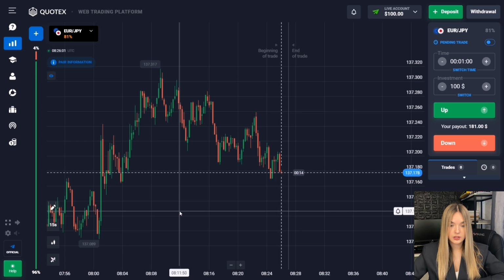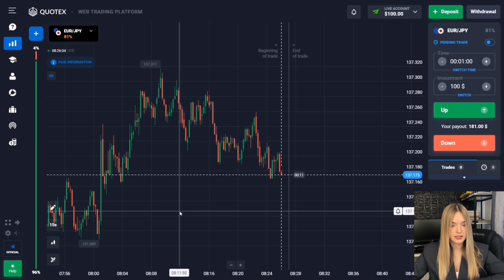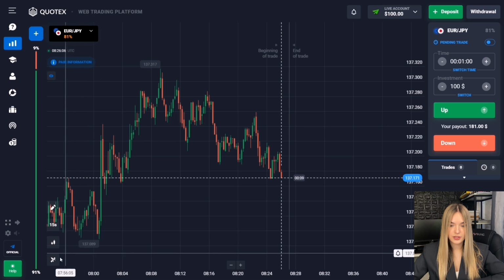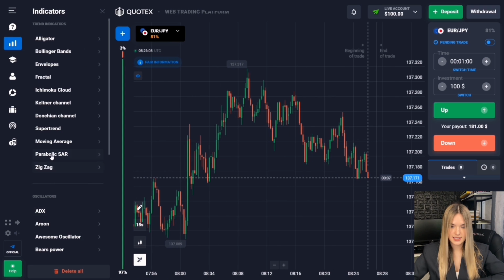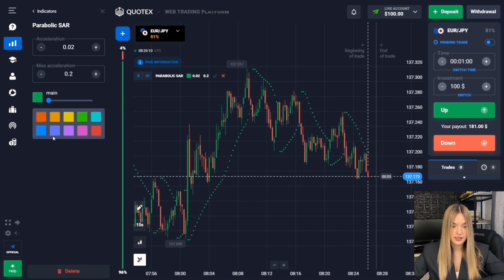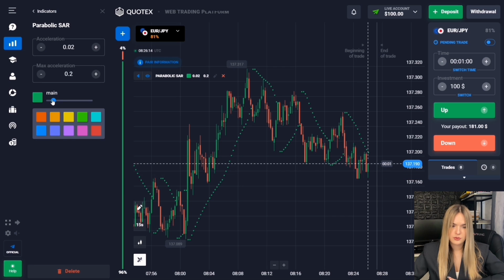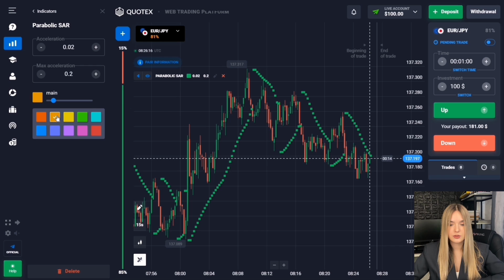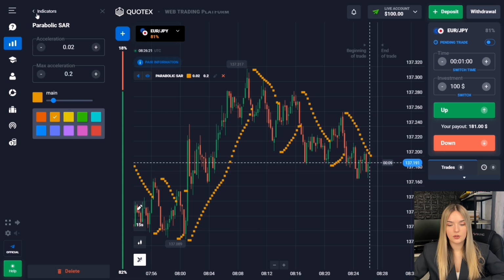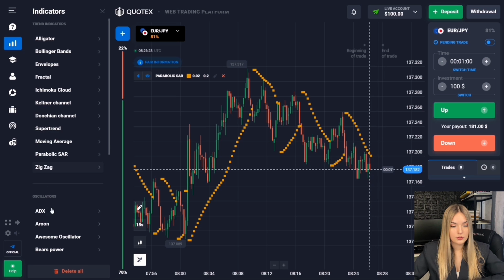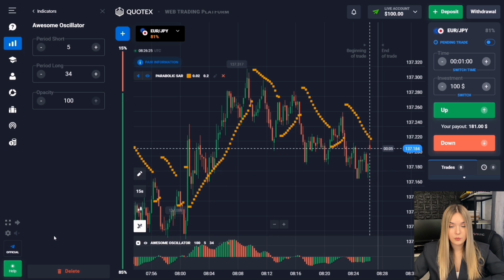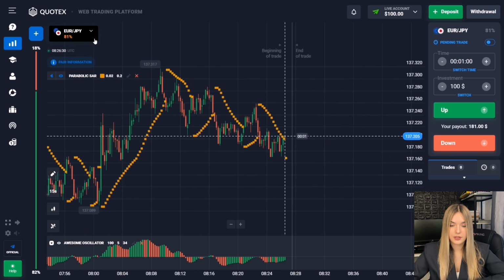So friends, in order to connect these indicators, I press this button in the lower left corner and select Parabolic SAR from the list. We leave all settings by default; we can only choose the color as well as the thickness of our indicator. You in turn can also choose any color you want. After that we return to the indicator selection list and select Awesome Oscillator. There is no need to change anything here either. We leave all settings by default, and thus the Parabolic SAR indicator appeared on the chart and the Awesome Oscillator appeared